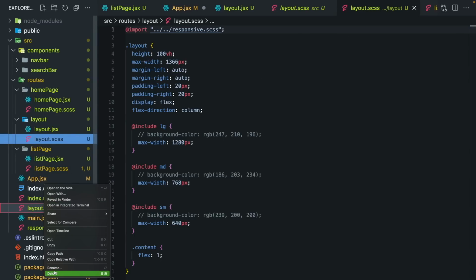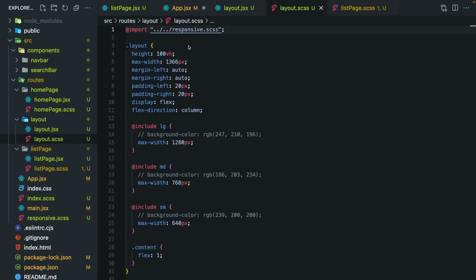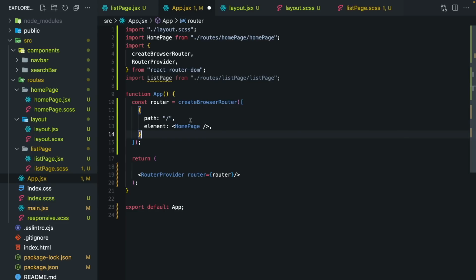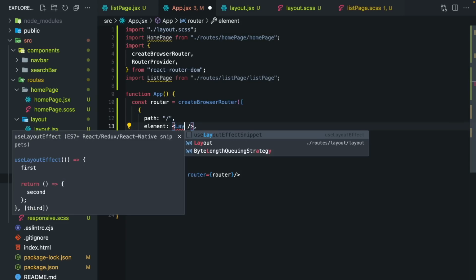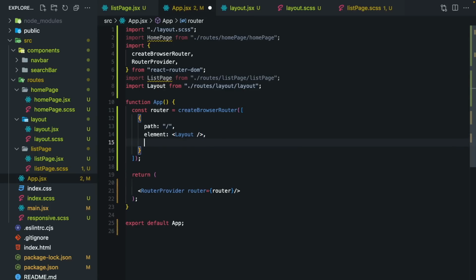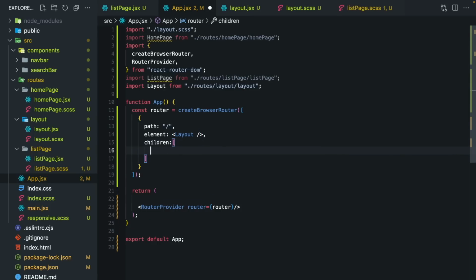I'm going to remove it. And right now we are going to need some changes. Instead of creating all pages like that, I'm just going to add here my layout. This is going to be the main structure of our application, but I'm going to define here the children. Basically, we are going to add here our pages, and they are going to represent